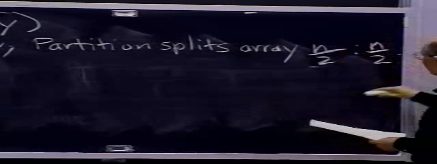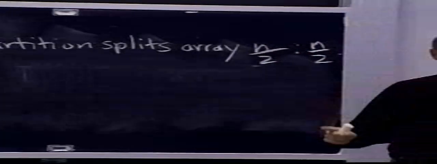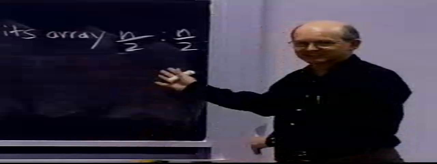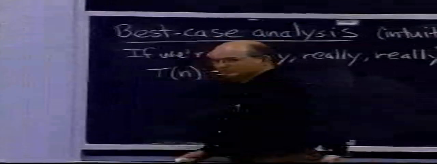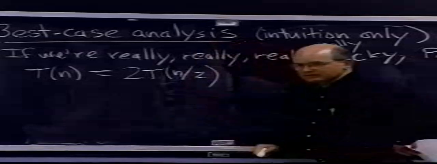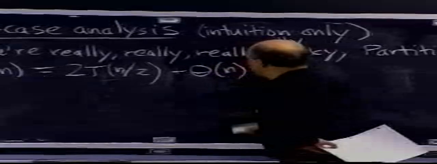Okay, and I'm not going to worry about floors and ceilings here because, as you know, we're allowed to be sloppy in this class as long as we know what we're doing. Not allowed to be sloppy if it would change the answers. Okay? So if that happens, what recurrence do I get for quicksort? The time on n elements is going to be what? Good. 2T of n over 2 plus theta n. Great. I got some people with me.